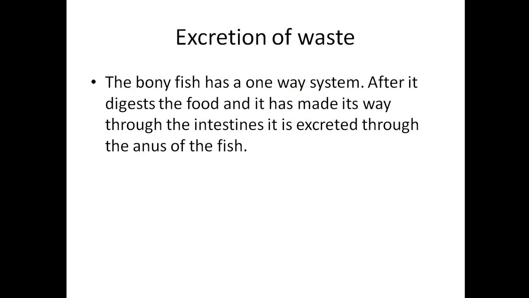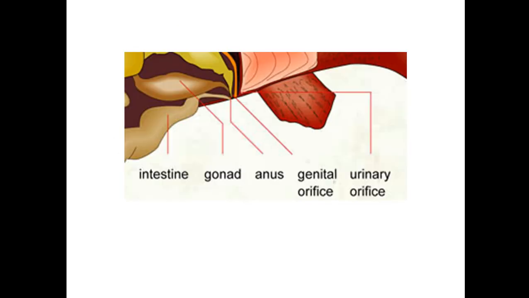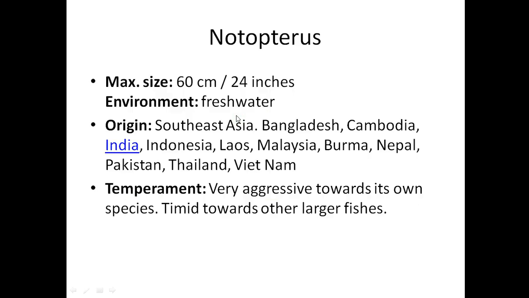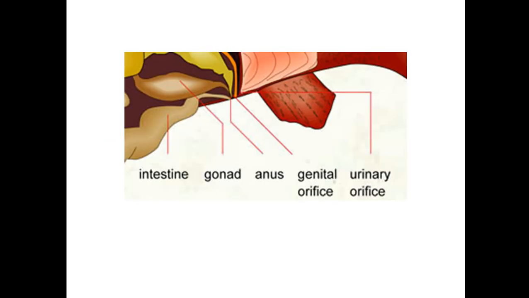Even the excretion of waste, especially the nitrogenous waste, after the food is digested, makes its way through the intestine and is then excreted. The undigested food goes out through the anus of the fish, and this is the elimination of waste material. But in the case of excretion, it takes place with the help of the kidney. So, these are some of the very important characteristic features of this